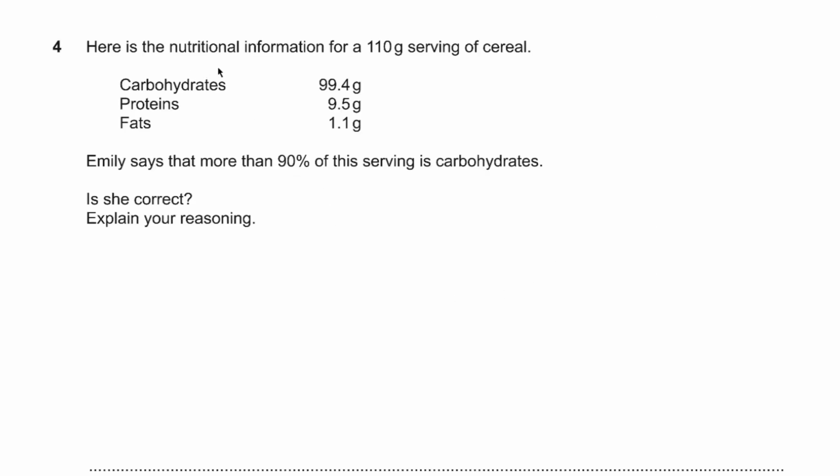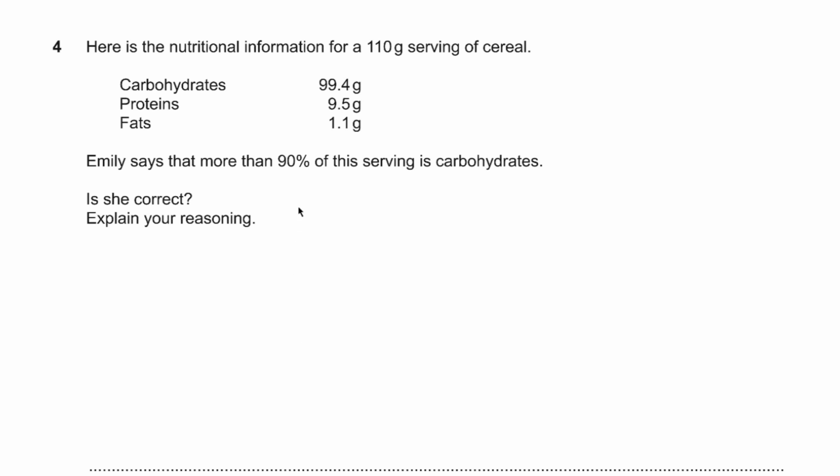Question number 4. Here is the nutritional information for a 110 gram serving of cereal. Carbohydrates 99.4 grams, proteins 9.5 grams, fats 1.1 grams. Emily says that more than 90% of this serving is carbohydrates. Is she correct? Explain your reasoning. So,